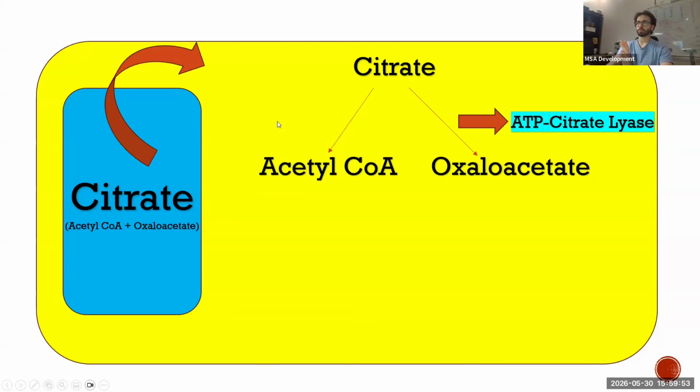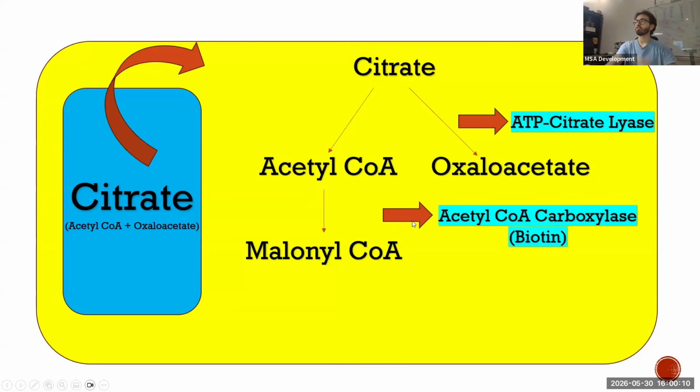Now, khalas, we have what we want, which is acetyl-CoA, and everything from here on will depend on this acetyl-CoA to end up with a fatty acid. This acetyl-CoA will undergo a change. It will become something called malonyl-CoA. And how does this reaction happen? Through the enzyme, which is very important, more important than all of our lives. Acetyl-CoA carboxylase. I want you to remember this enzyme very well.